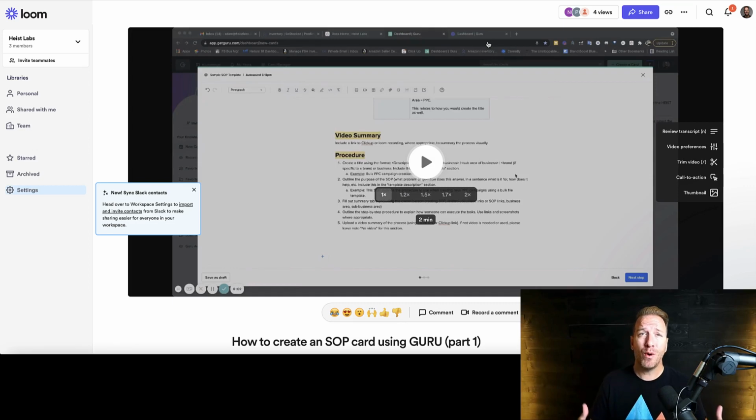So another core element of the Heist operations machine is using Loom video. The core part of Loom video is basically to record your screen so you can share with others on your team how to do particular tasks or strategies within an Amazon business. This links in very closely to leveraging the Guru SOPs as well as the ClickUp dashboard in terms of sharing